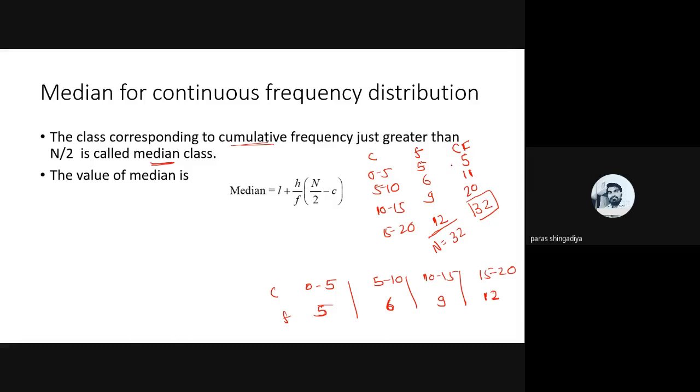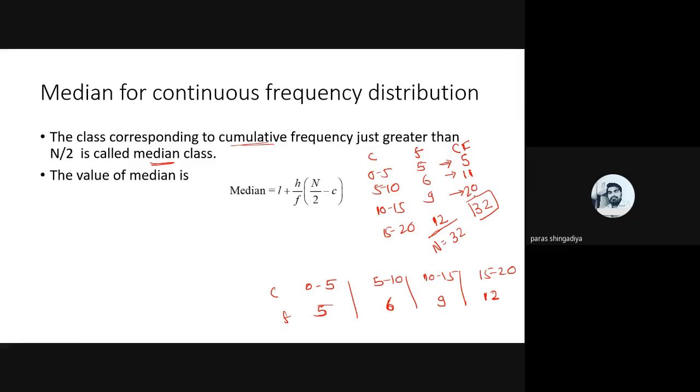Again I repeat the CF answer. Here we check the cumulative frequency value. For the first frequency, 5, we take 5 as it is. For the next one, we add 5 plus 6, consecutive frequencies, so 5 plus 6 is 11. Then the next is 5 plus 6 plus 9: 11 plus 9 is equal to 20. Then 5 plus 6 plus 9 plus 12: up to 9 there is 20, and 20 plus 12 is 32.